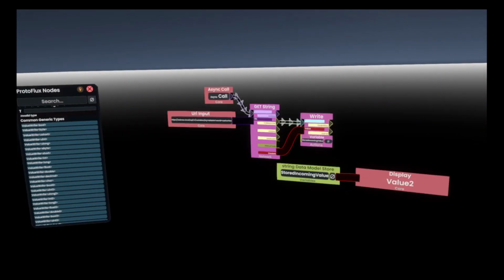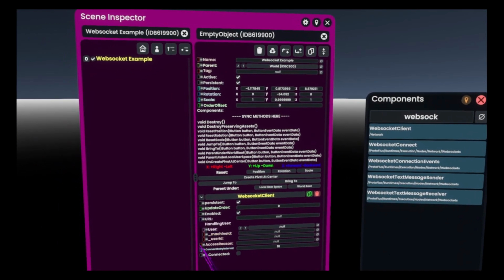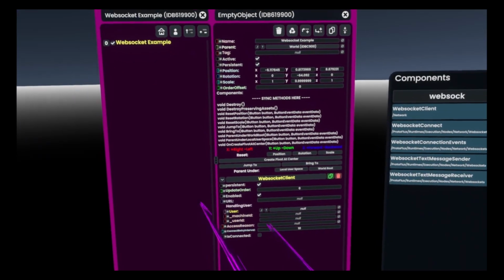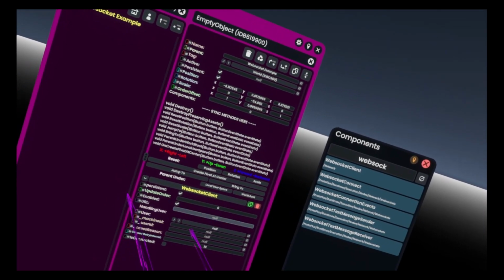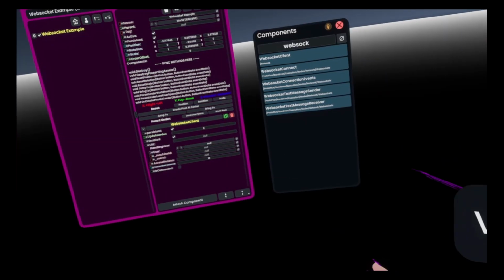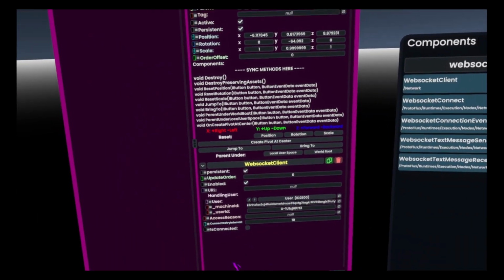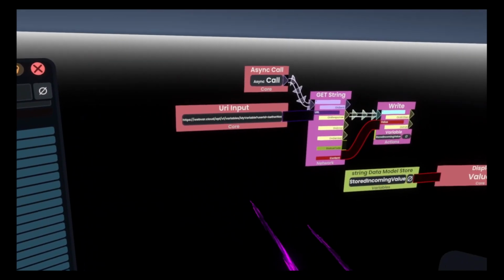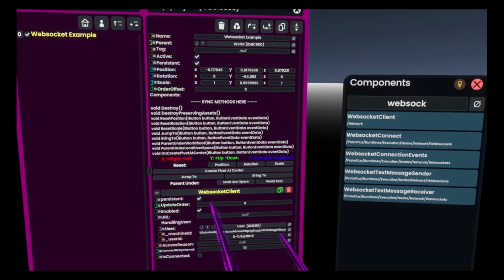Now, there is one more consideration, and that is the WebSocket version of it. So with the WebSocket, it uses the WebSocket client component, which expects a user. I think the user is always going to be whoever is running the code that is using this. So I'm going to put myself in here because I'm the only user in the session right now, but also because I'm the one who has the system. So I'm going to copy the same URL that we have here,